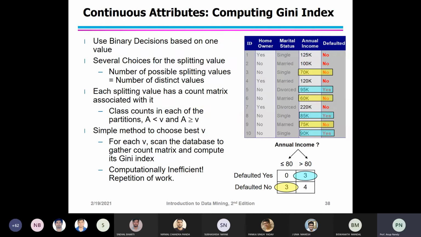It is very computationally inefficient. Why, I'll explain. For this example, the test condition is annual income less than or equal to V, or less than V, which is used to split the training records for the loan default classification problem.